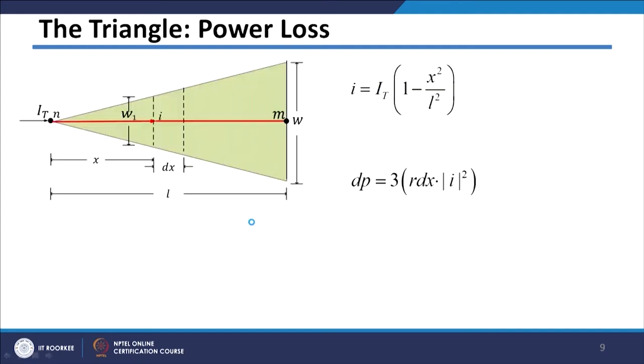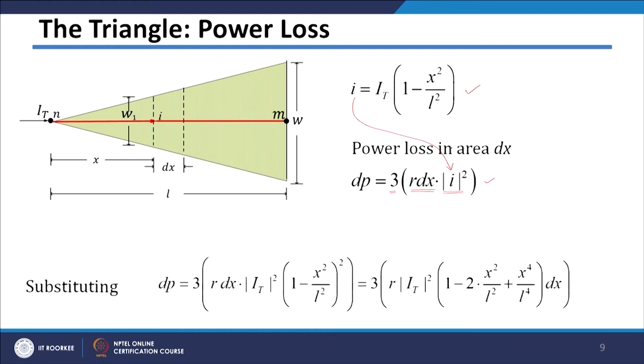Now, let us see the power loss equation. The current equation which you have derived, which is entering into the strip, is given by this equation, which we already saw. Then the power loss which is happening in the small strip will be nothing but 3 into the resistance of the strip, which is RDX, and the current entering into the strip, which is I square. We already got the current, so we can put it into this equation, which will give me